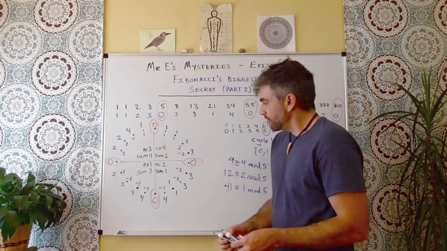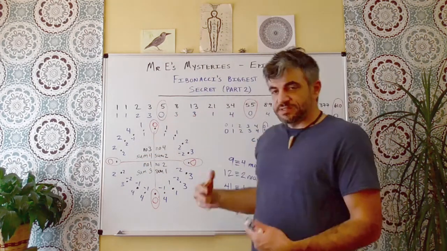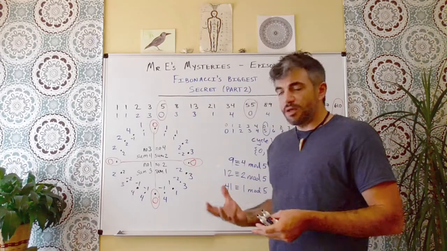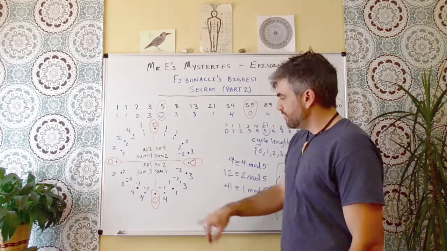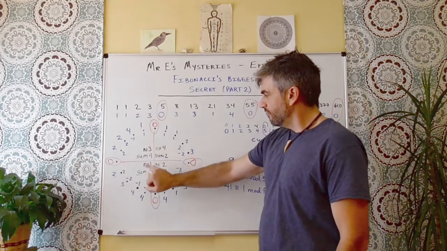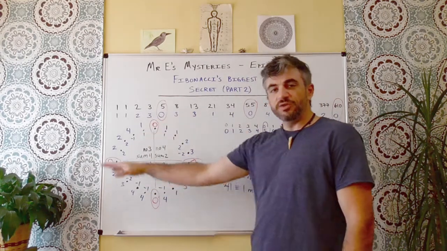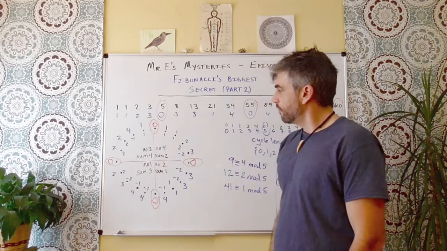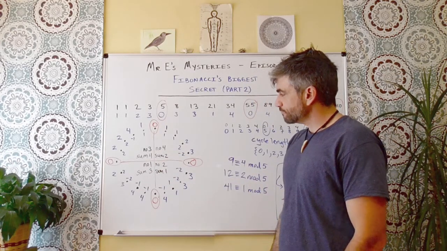So now notice though that in each section there's something unique happening. The sum and the missing number are unique. 4 and 2, the sum is 2 and 1, 1 and 3, 3 and 4. So we have a unique distribution of the 1, 2, 3, and 4 throughout the 4 sections.